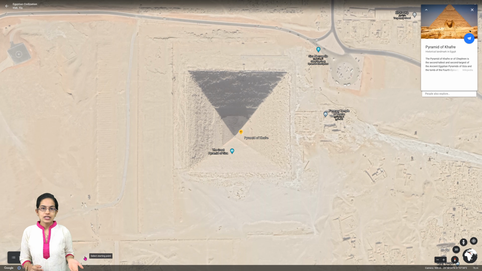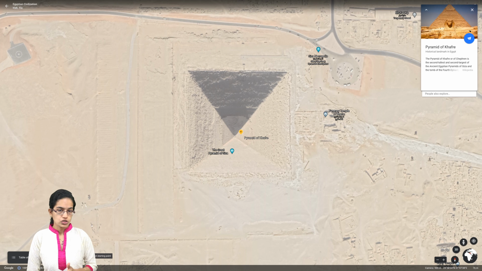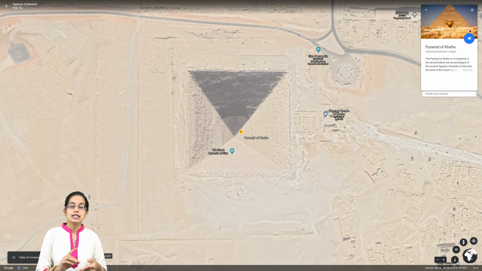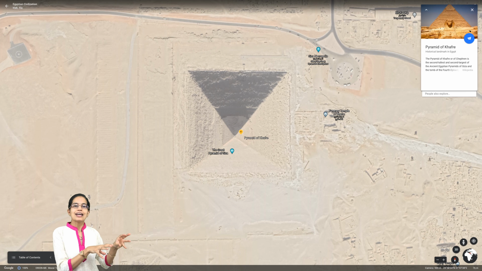Just to recap once again, you have the Great Pyramids, you have the process of mummification, which is important, the trade relations that existed with other regions, and the Sphinx, with the head of a man and the body of a lion, which was one of the mythological figures. Then you have Ra, the sun god, and Osiris and Isis, who were brother and sister and the son and daughter of Ra. Osiris was the god of the underworld, and Isis was the god of health and wisdom.